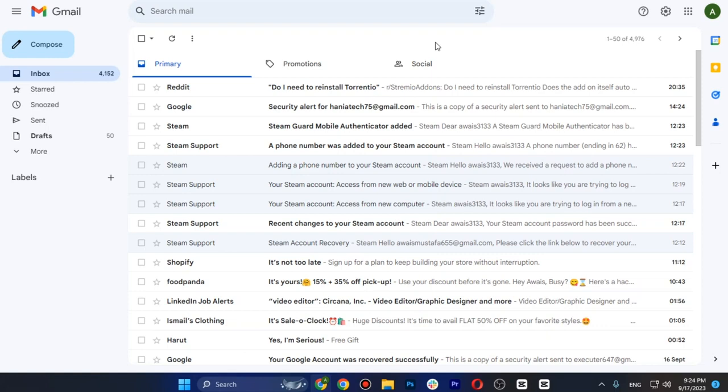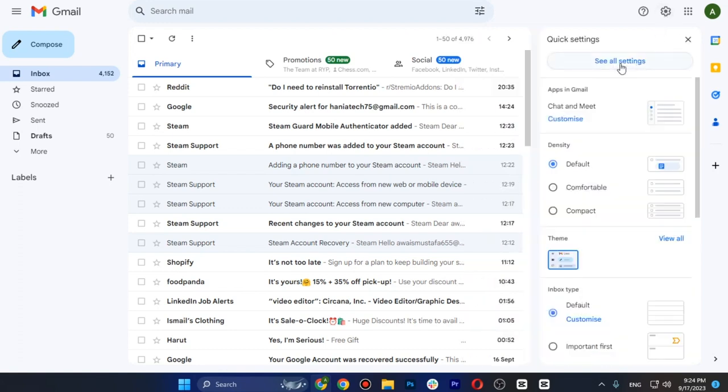How to make email templates on Gmail. So first of all, you just have to tap on settings on the top right corner and go for see